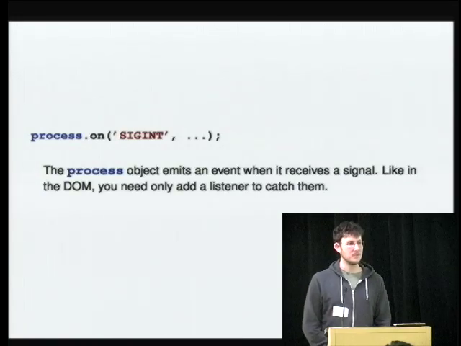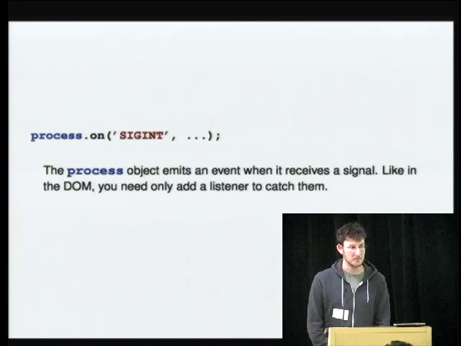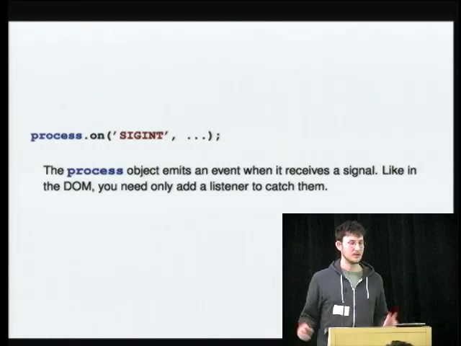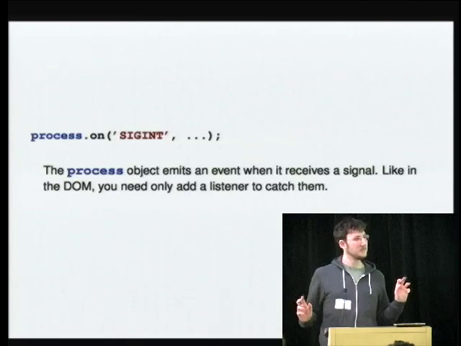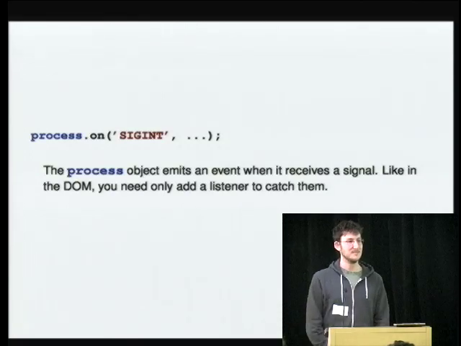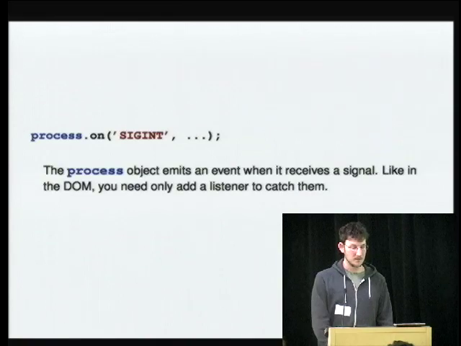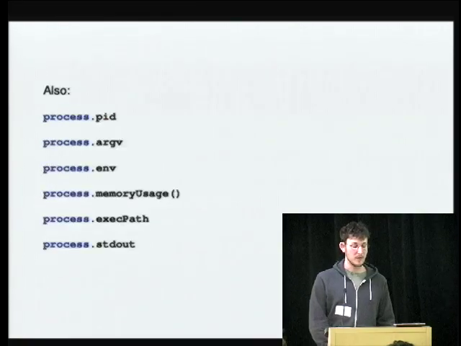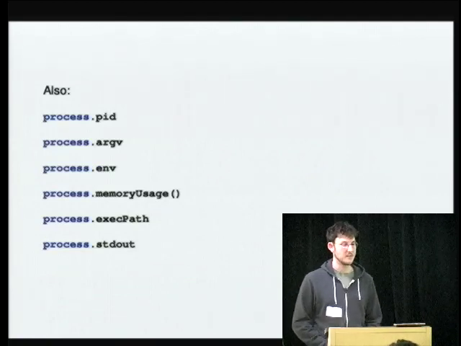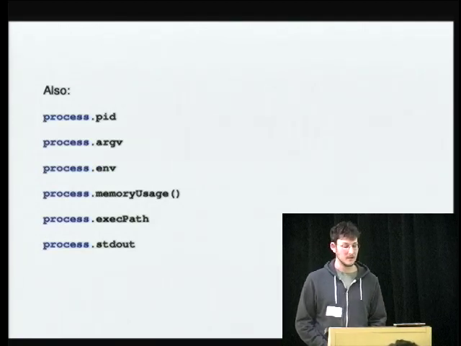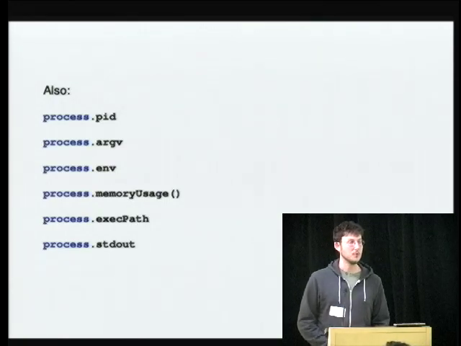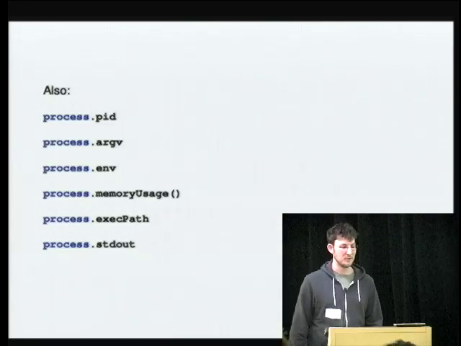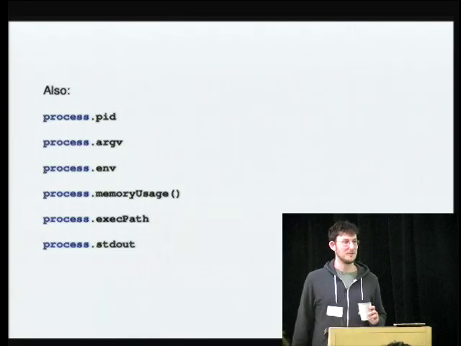So this should all seem very DOM-like to you. When you click a button, you get a click event. When you mouse over something, you get a mouseover event. When you get a signal, you get a SIGINT event or whatever. So this should seem familiar to browser programmers. So just a little bit about this process object. There's a lot of things that hang off of it. You could get the PID and the arguments and the environment, and you could get the memory usage, which is kind of cool because that's totally platform dependent, and I spent a lot of time researching how to figure out the resident memory for every platform,